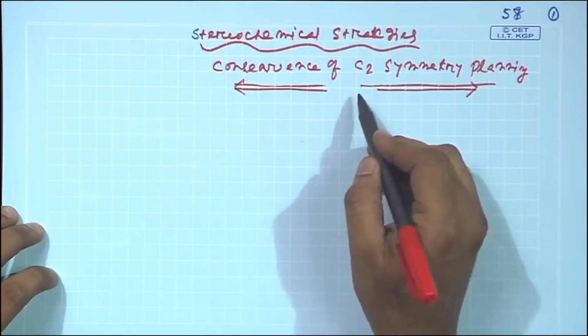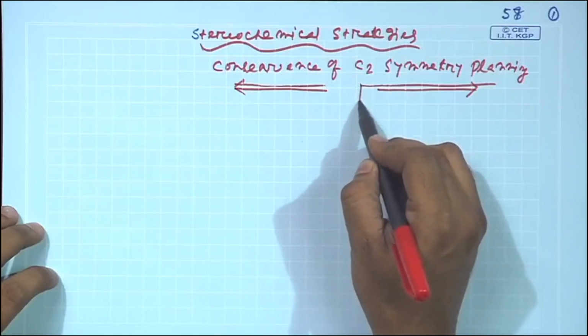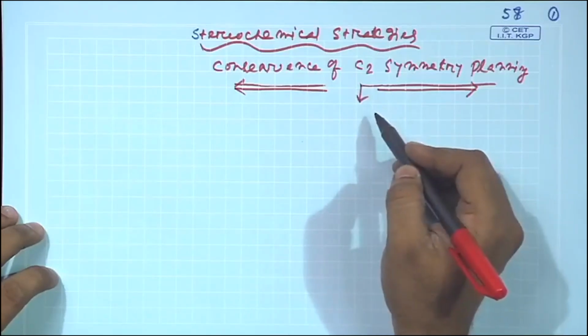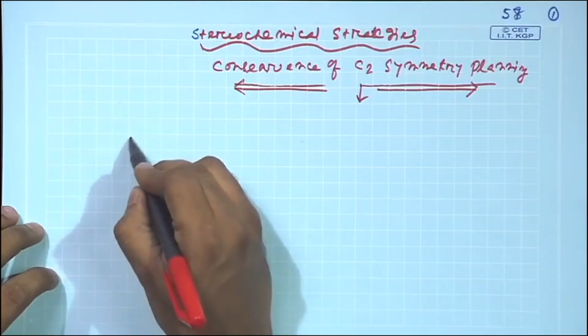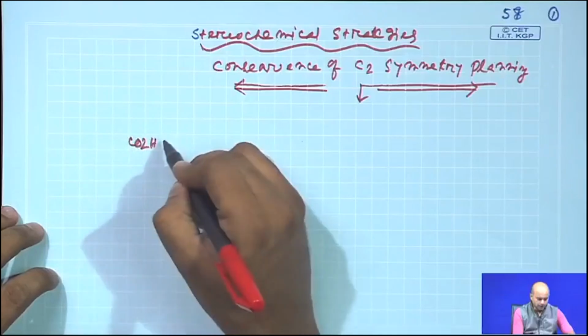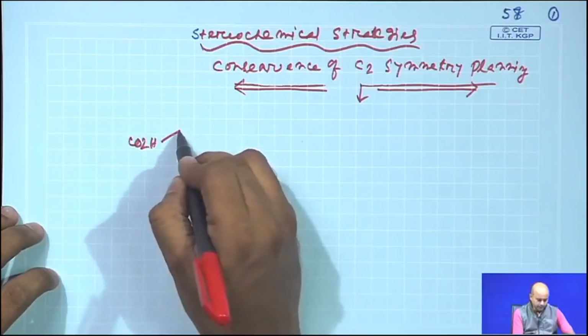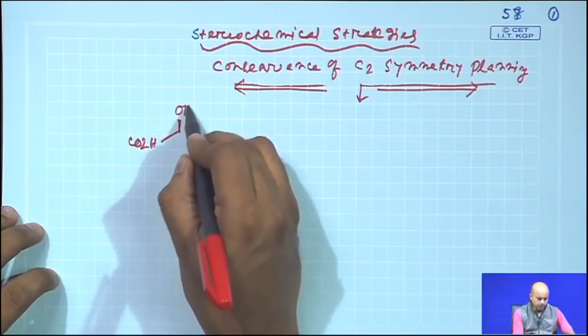At that point, we also said that another symmetry element, the C2 symmetry element, plays a very unique role in synthetic design. If you have a C2 symmetry in your molecule and it is constitutionally symmetrical, the left half and right half become homotopic, which is an extra advantage. Before we go into detail, I will again draw a very simple C2 symmetric molecule,